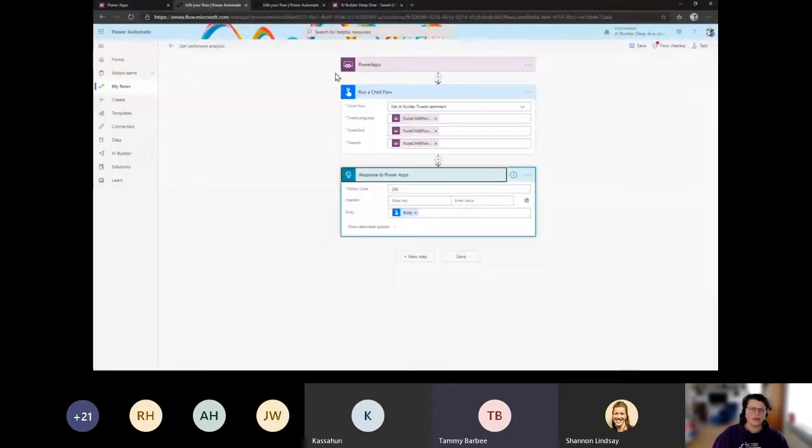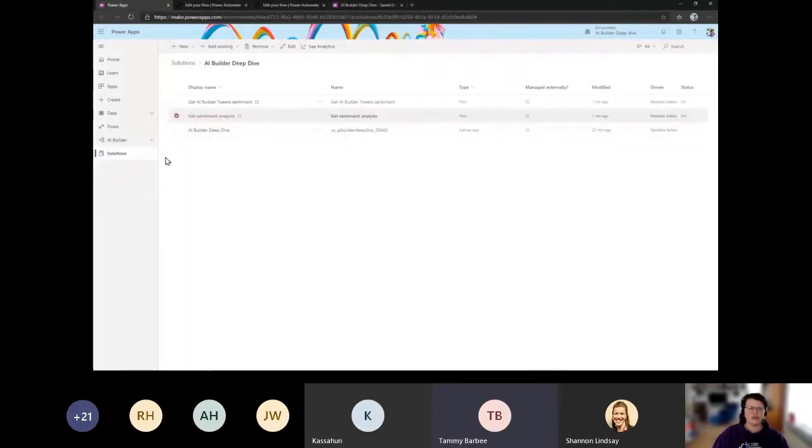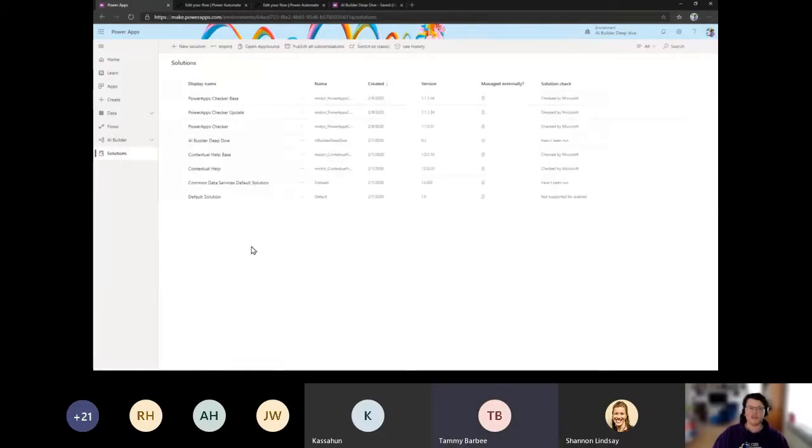So the first thing I did is basically create this flow. No, I think I created the other flow first. But the first thing you have to do is create a solution. That's the first thing.